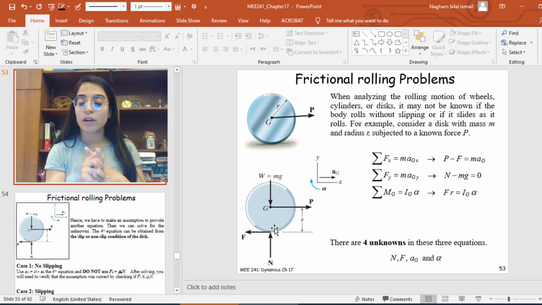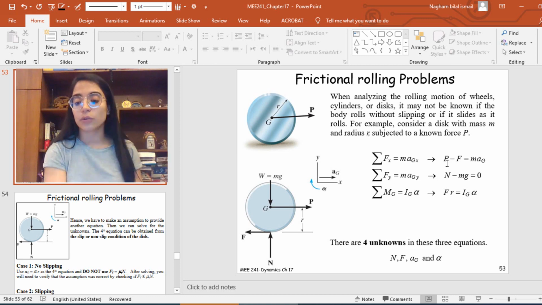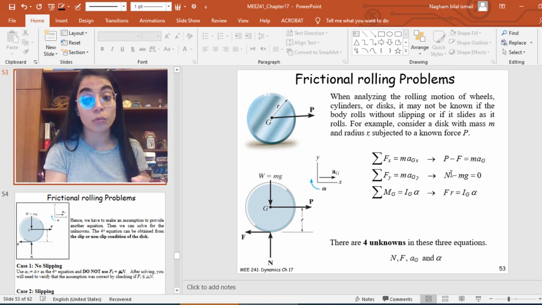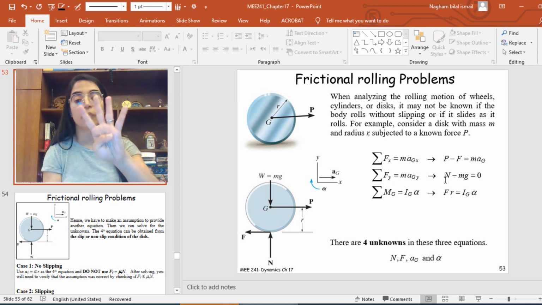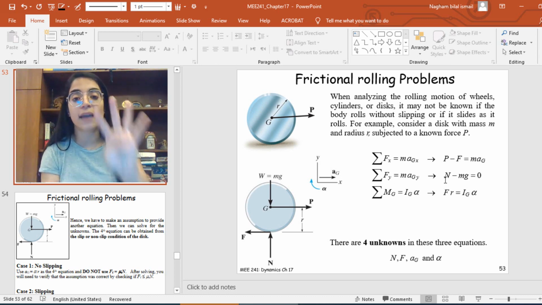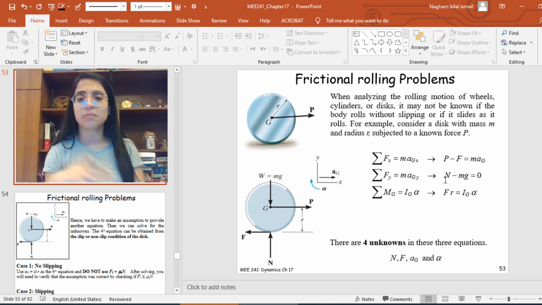Now, let's discover what the unknowns in this equation are. I should know P, because I should know the force causing this rolling motion. Let's say I know P. I don't know the frictional force, so this is my first unknown. I don't know the acceleration, a_G, so this is my second unknown. I don't know the normal force, so this is my third unknown. I know, of course, the weight, and I don't know alpha, and this will be the fourth unknown. So I don't know N, F, a_G, and alpha, which means I need a condition, a simplification,